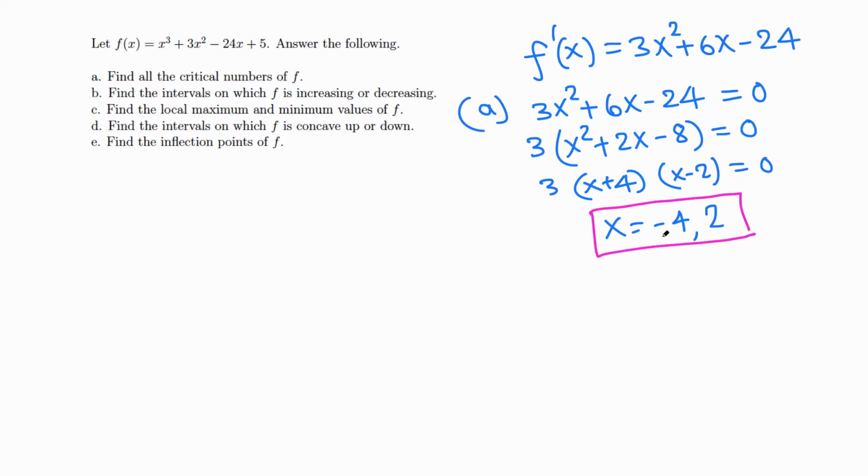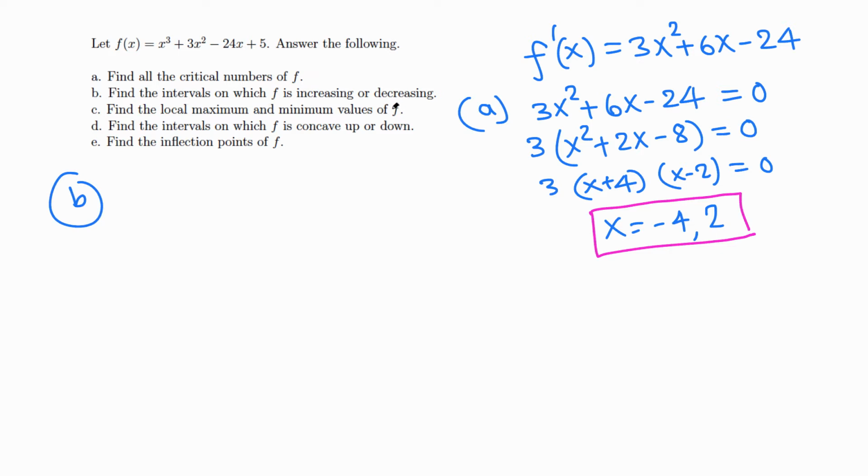negative 4 and 2. So critical numbers means when we graph, if the graph is like this, then the x values where we have the top of the hill or the bottom of the valley, kind of these values. Okay. Now next, let's look at part B. These questions are related. So for B,